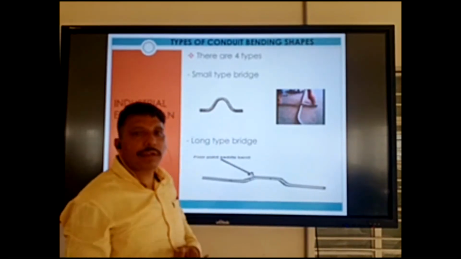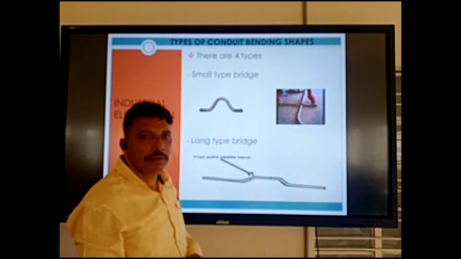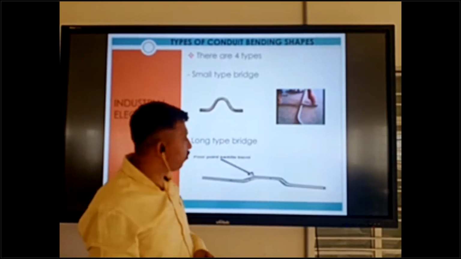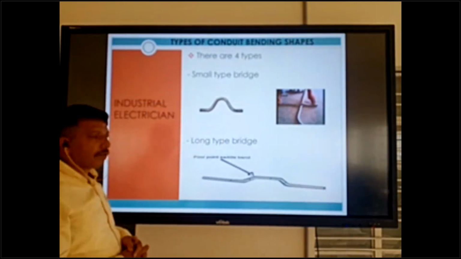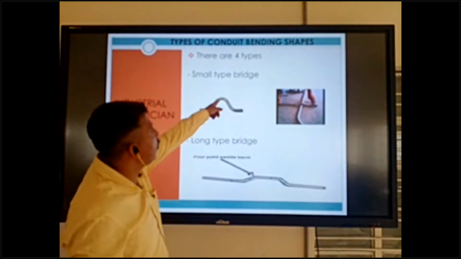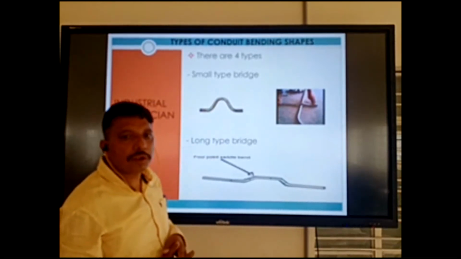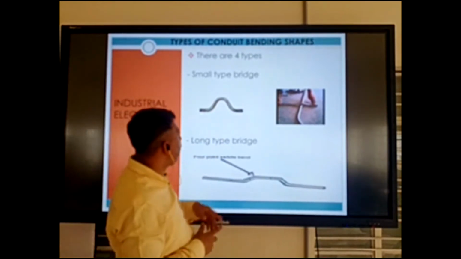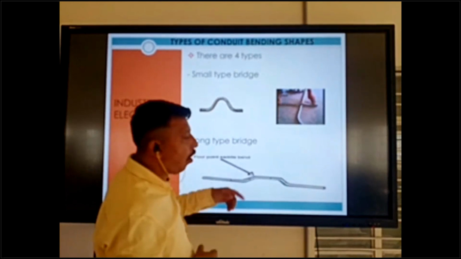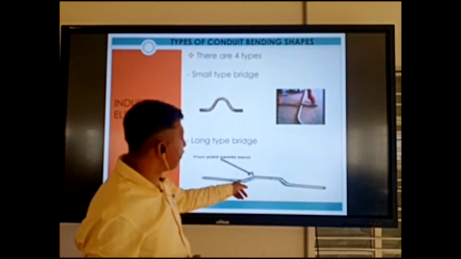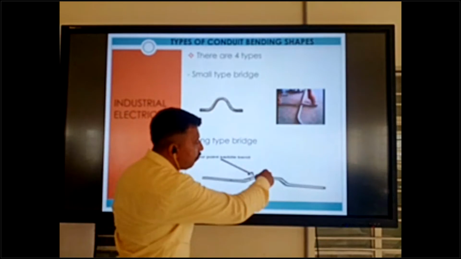So how do we make a small type bridge? I will explain this one also. For a small bridge you mark in 2 areas, but for a long bridge we mark and bend in 4 areas.